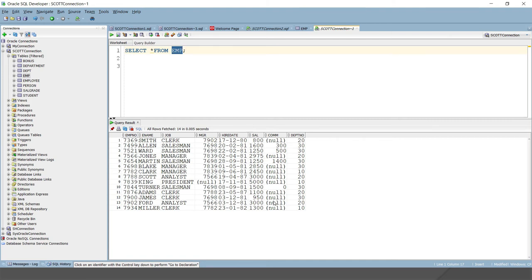One thing you should keep in mind: when you write select star from emp, here we are not mentioning the column names. Star means all the rows and all the columns. So the columns are displayed in the order in which they are defined in the table definition. Whatever column order you see in that select statement, in the same order these columns have been defined in the database table.